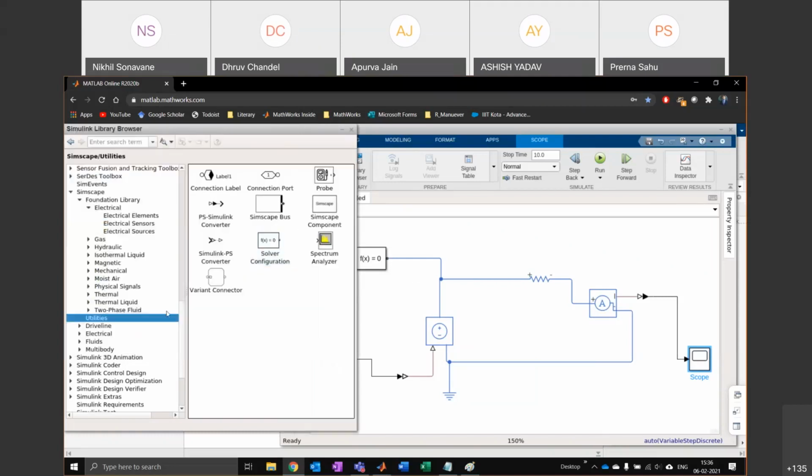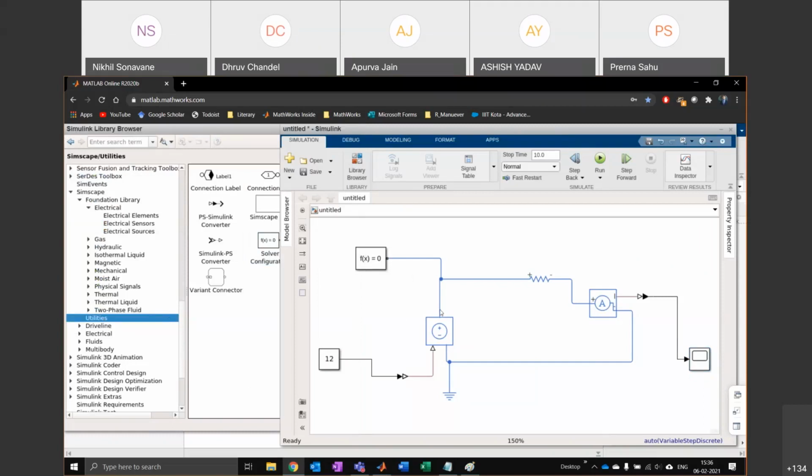Right, so solver configuration: you just go to utilities, pick up a solver configuration block, and attach it anywhere in the model. So you have to attach one solver configuration block anywhere in the network. So you just attach it, run it, and it should work.